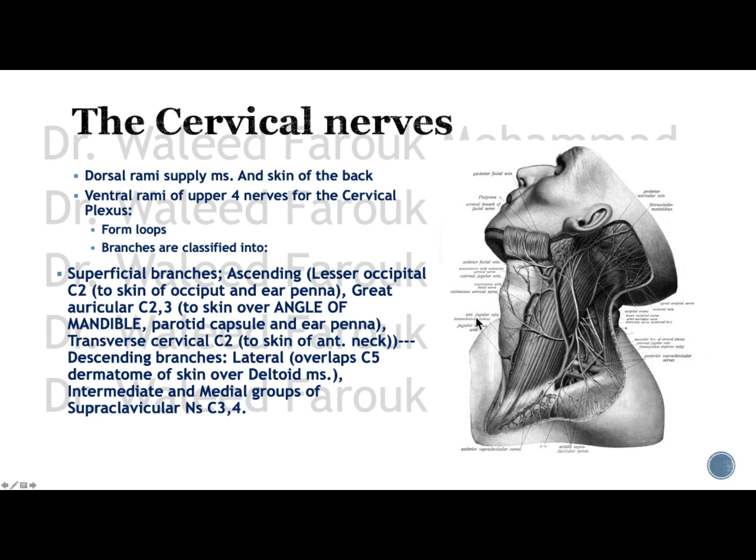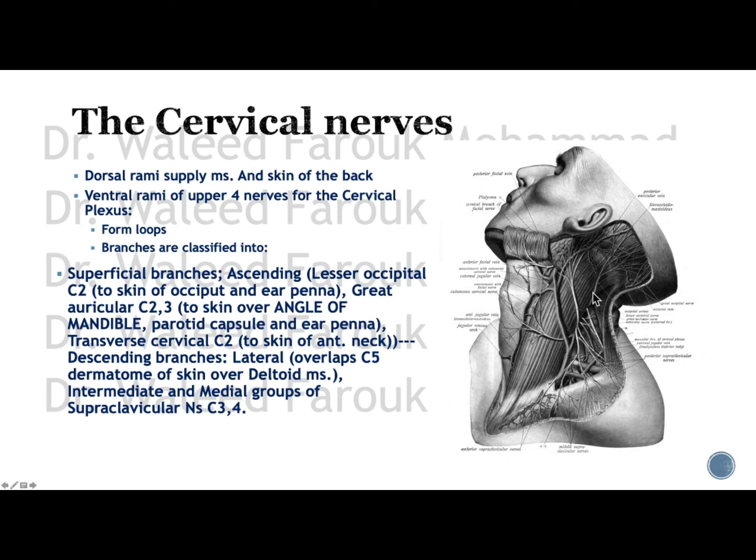Now, the cervical plexus of nerves, the nerve roots, the rami, they join together to form loops on the longus colli muscle and the longus capitis. They form loops of nerves, and these loops give rise to the numerous branches of the cervical plexus. You can classify it whatever you want, but we have a standard classification. It has superficial branches,